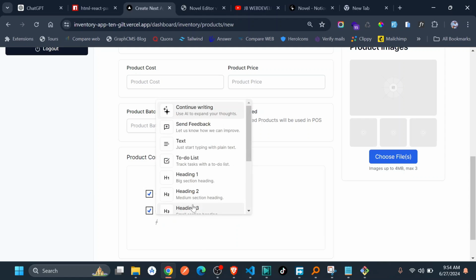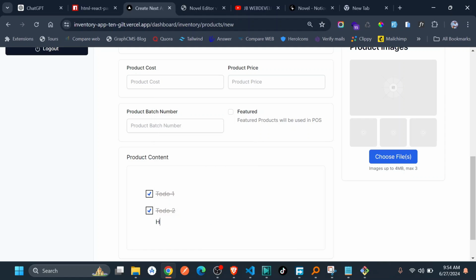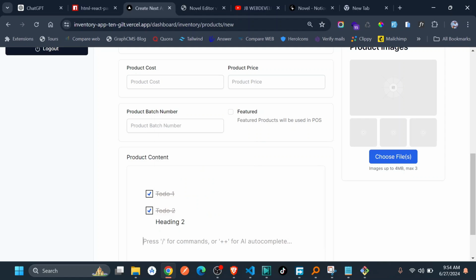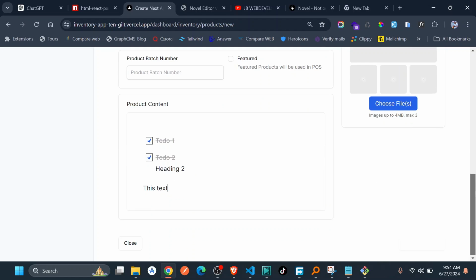You can just have headings. This is heading 2. I can have a slash text, you can just write this. This is the text. So I wanted this, and you can see we went ahead and added it,